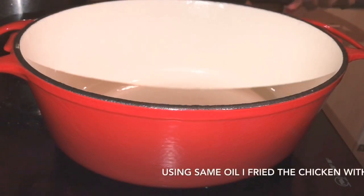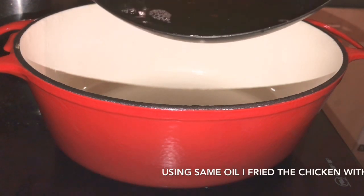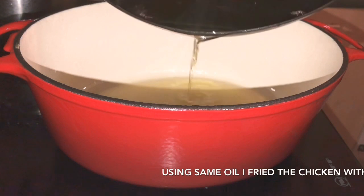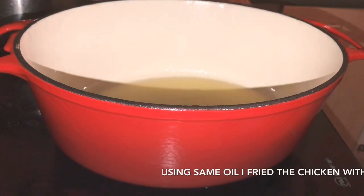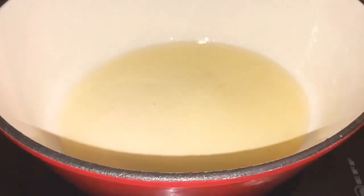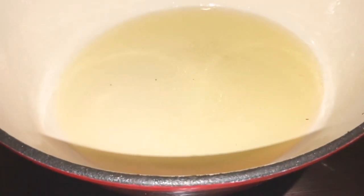Right, the pot is already hot and the oil is also still hot, so I'm just going to pour it in the pot right now. This is the quantity. The next step,